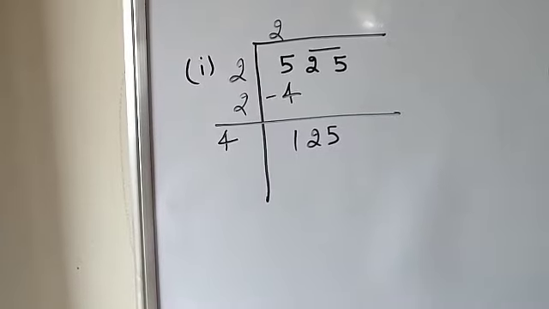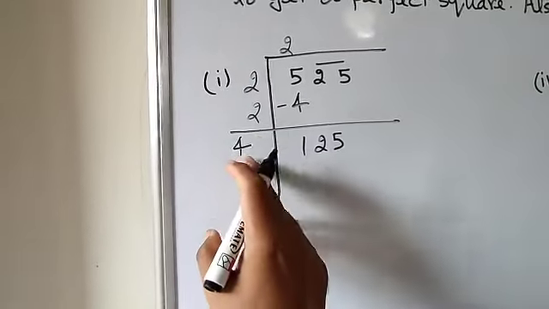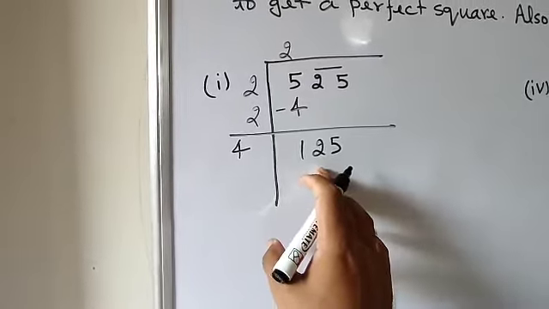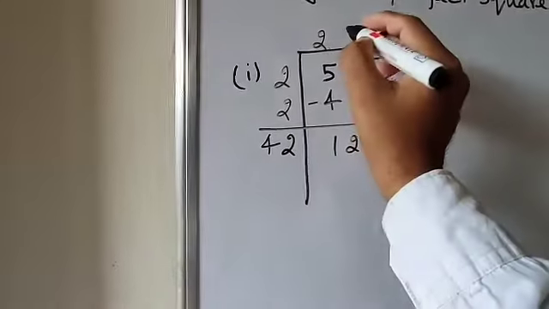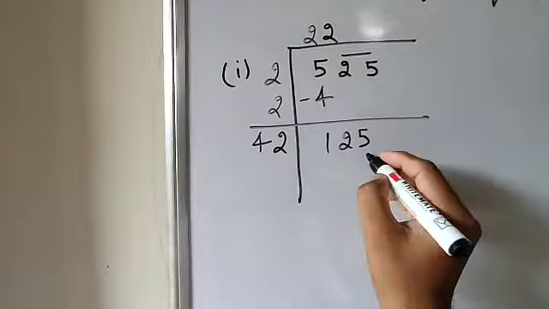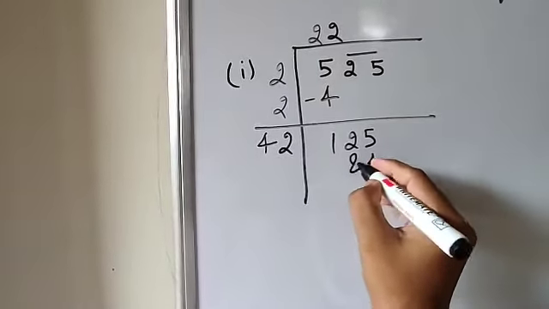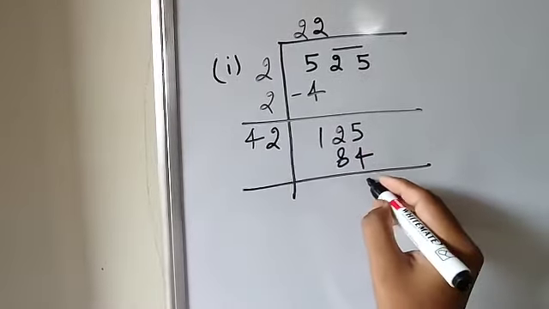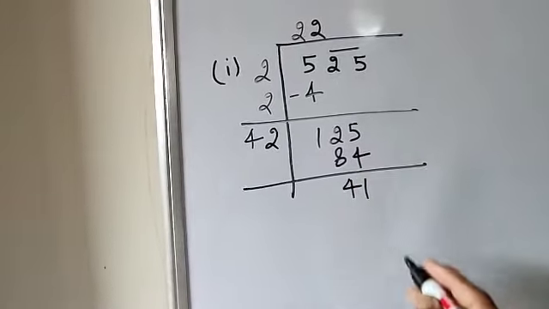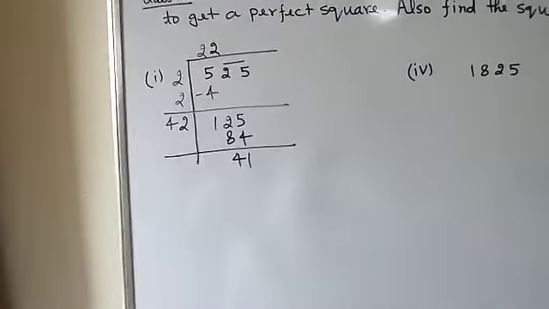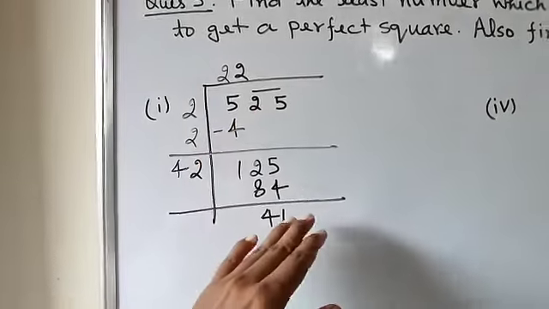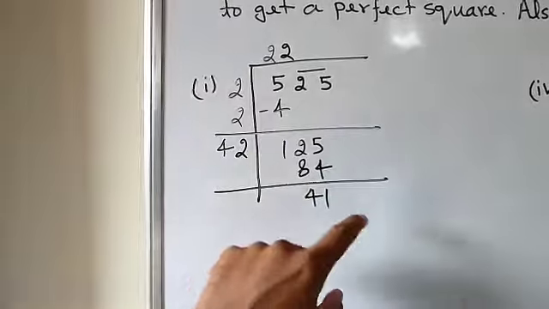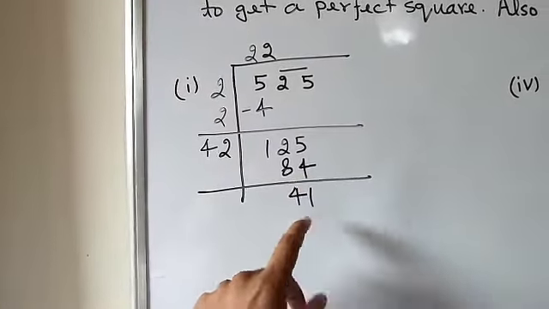Then how many times? If I go for 3, 3 3 ja 9, 3 4 ja 12, that will be 129. So at 3 it is greater, so it will be 2 times. So 2 2 ja 4, 2 4 ja 8. Now if you subtract 129 minus 88, it is 41. Students, now there is no other pair of numbers that we can put here, so the process is completed. Here the remainder you get is 41.